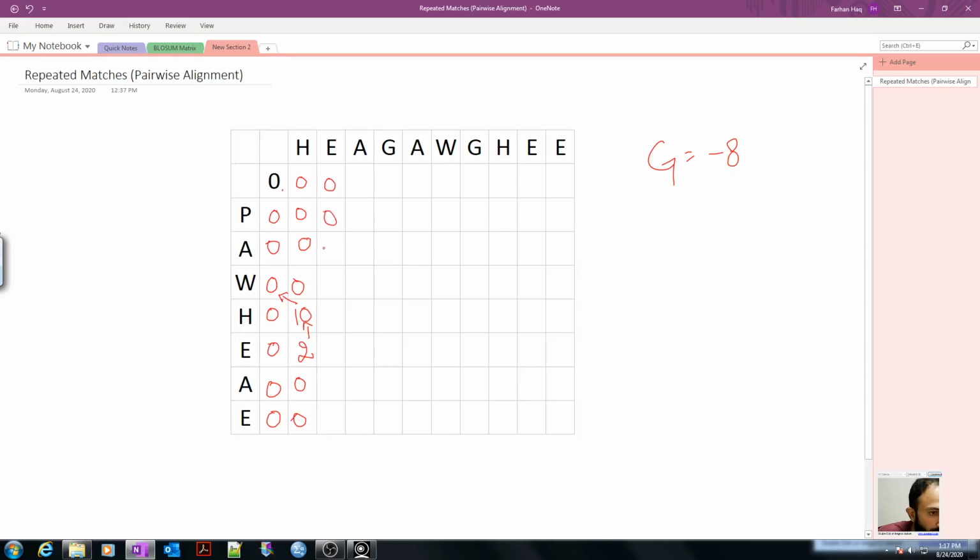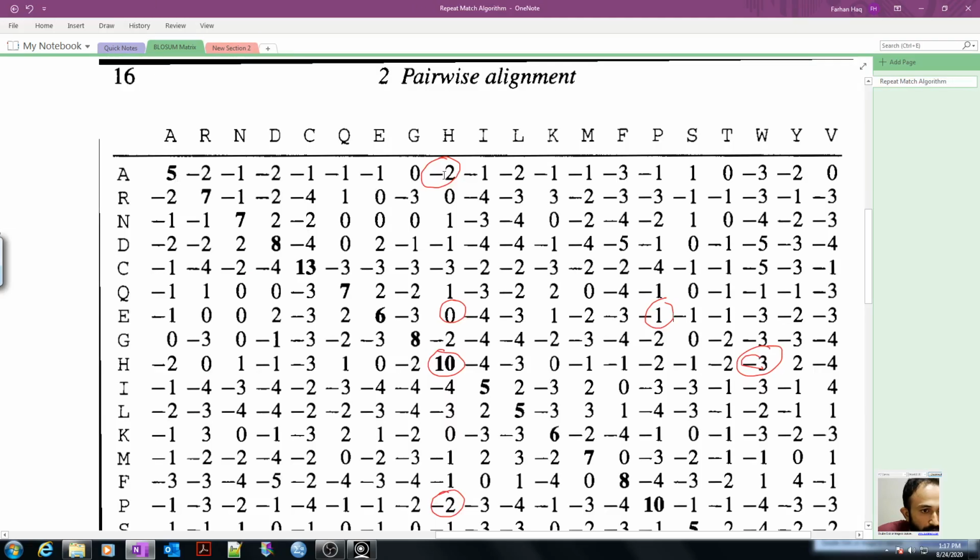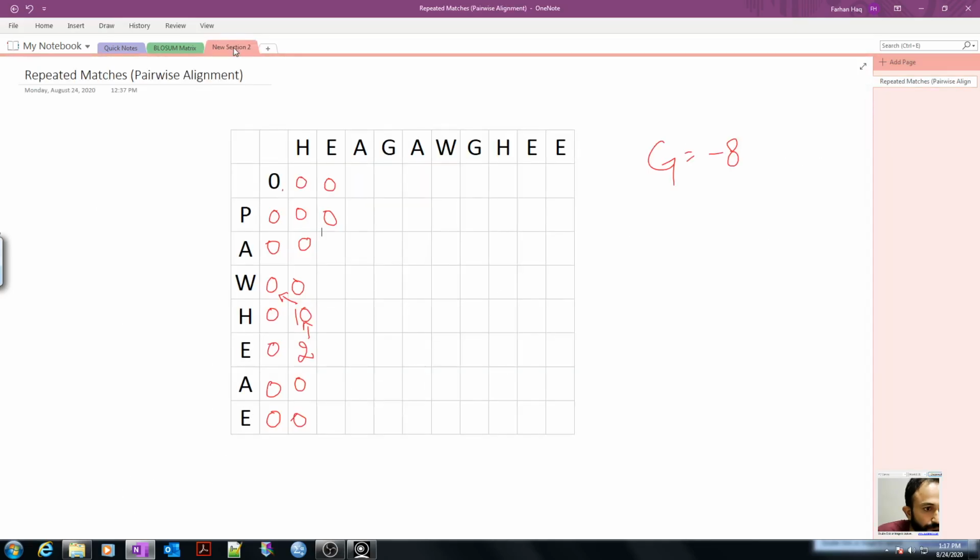A and E, again the value was negative, we checked already, that is A and E is -1 here, so we will add 0 here. Now W and E, that is